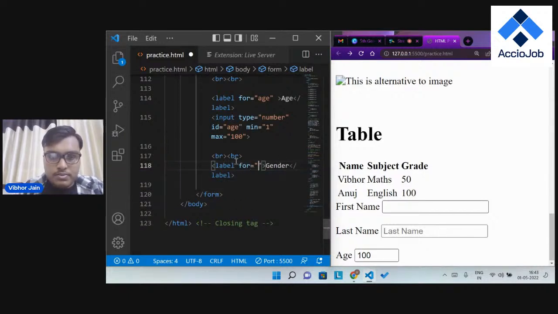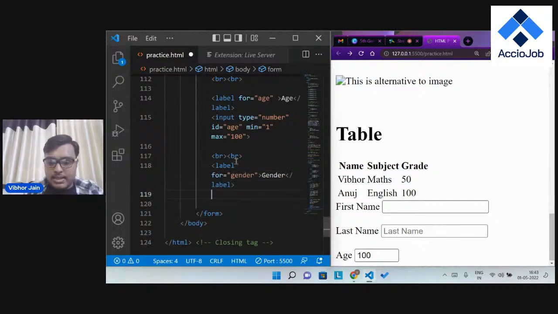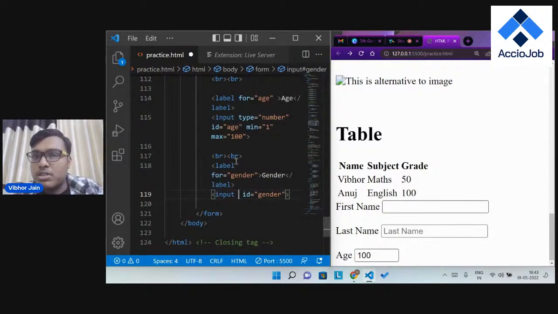For selecting gender, let's say I put the label as gender, and for the input I put my id as gender, and what must be the type? I have to give users the option male or female, right? And the user has to select any one of them. That's also true. So for that option,